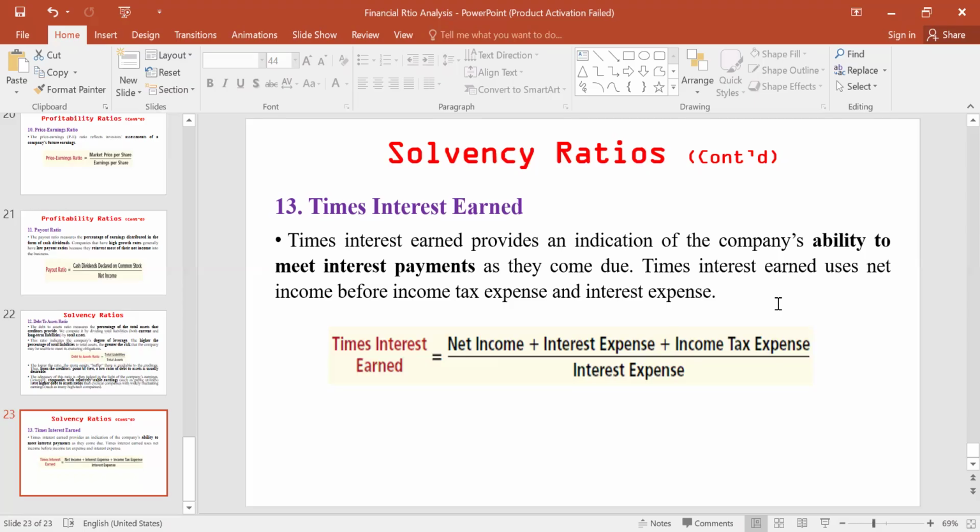So today I am trying to discuss here the very core function or core characteristics of financial